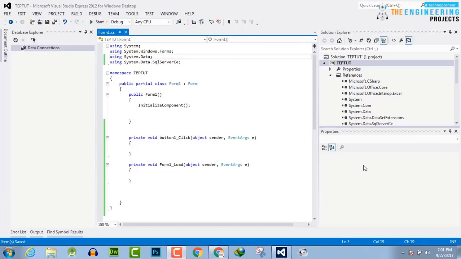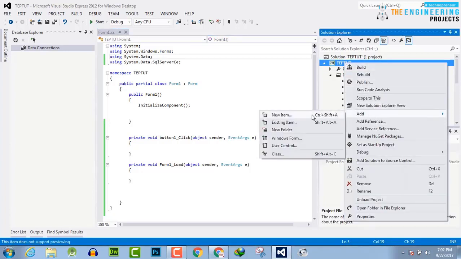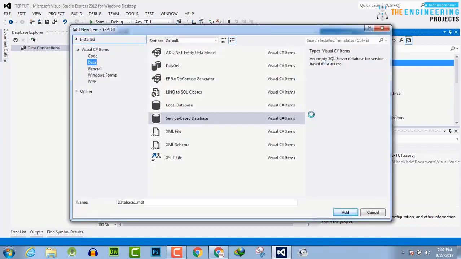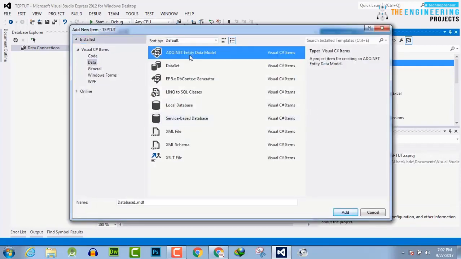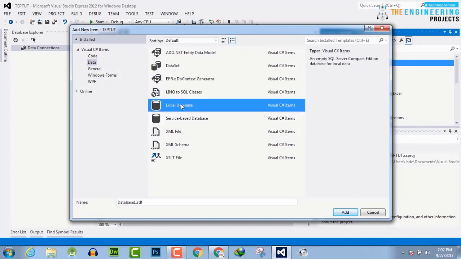In this video tutorial, I will guide you how you can add a database in your C# application. So go to your project, right click here and click on add new item, and then click on data, and there are all of these databases which you can use, and we will use a local database for our project, and name it add